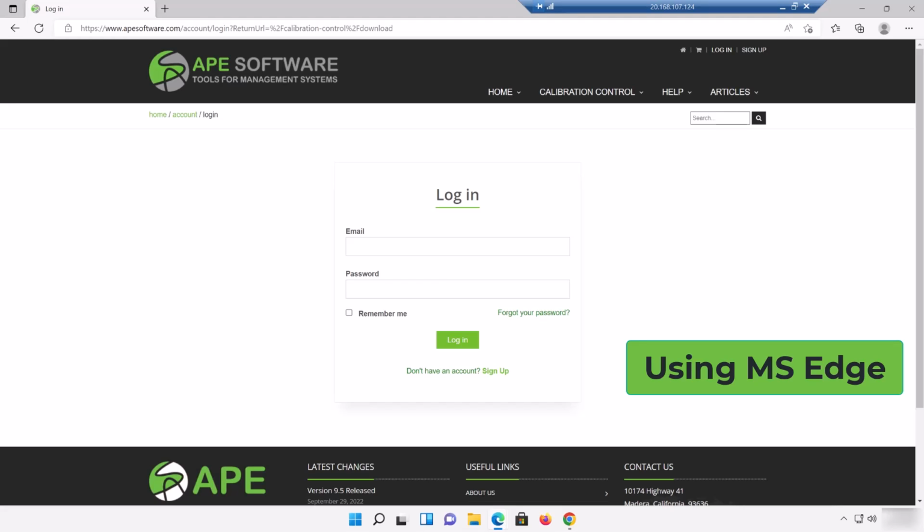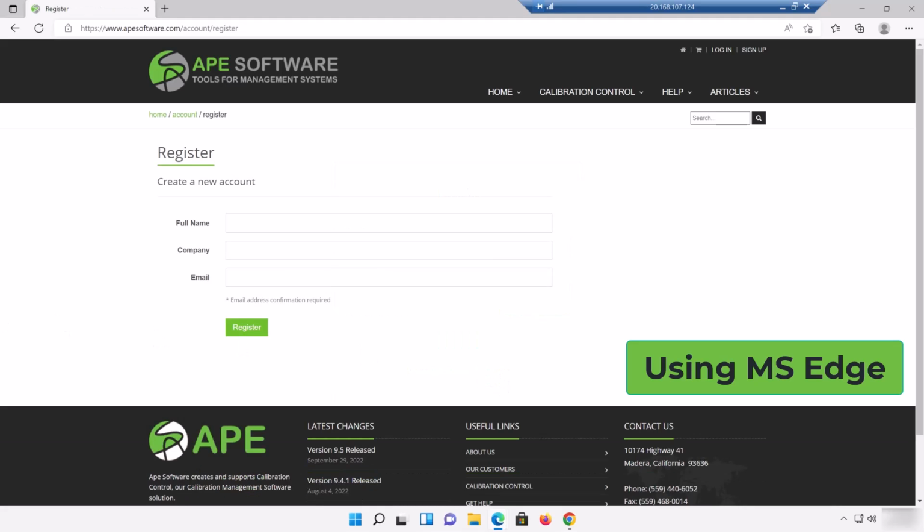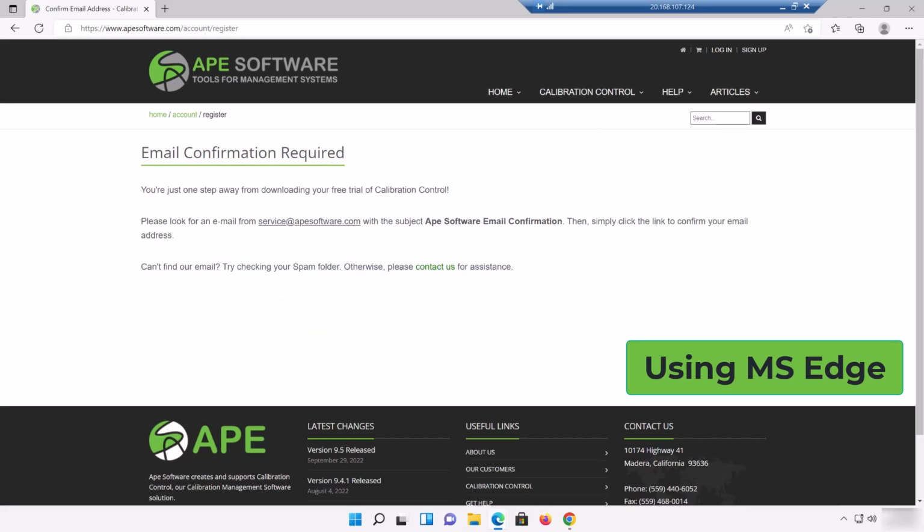If you don't already have an account, select the Sign Up link at the bottom of the Login dialog to create a free account. On this Register page, enter your name, company, valid email address, and then click the Register button. After you see the Email Confirmation Required page, check your email to find a message with the subject of